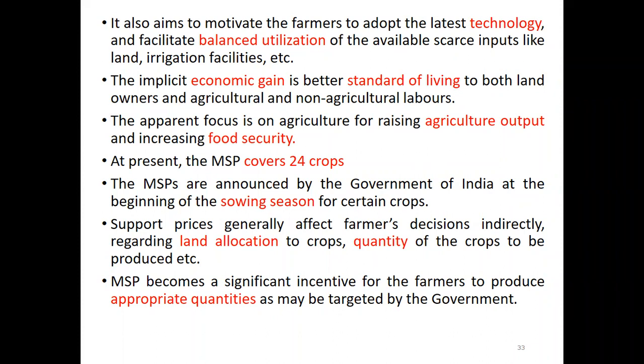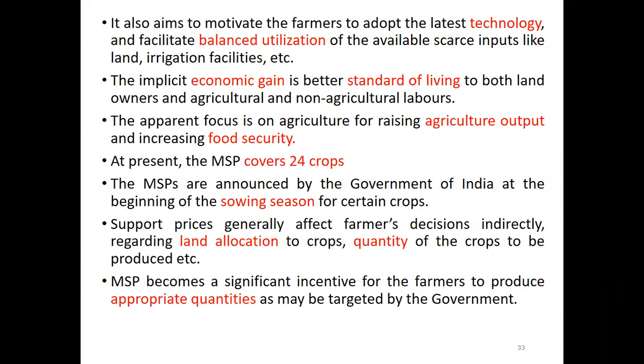Support prices generally affect farmers' decisions indirectly regarding land allocation and crop quantity. कितना कौन से लैंड में, कितना एकड़ में, कितना हेक्टेयर में करना है और कितने क्वांटिटी में वो बिजनेस करना है, वो प्रोडक्शन का कल्टीवेशन करना है, ये कौन डिसाइड करता है? मिनिमम सपोर्ट प्राइस. If I'm not okay with the minimum support prices decided by government for the product of, for